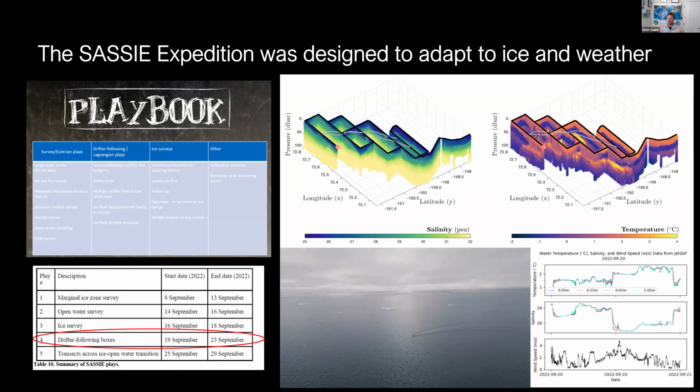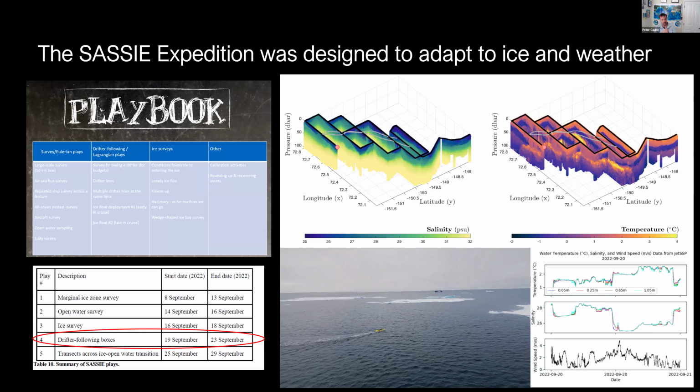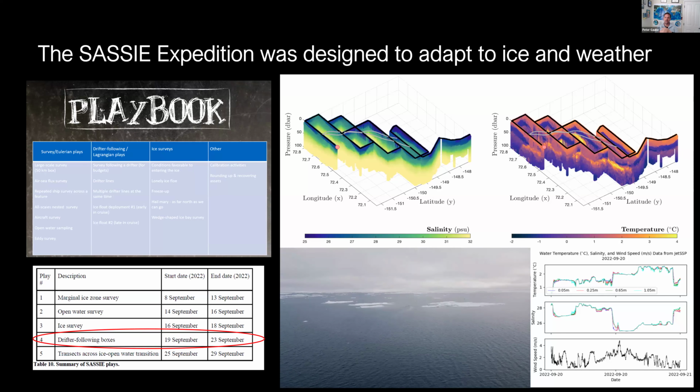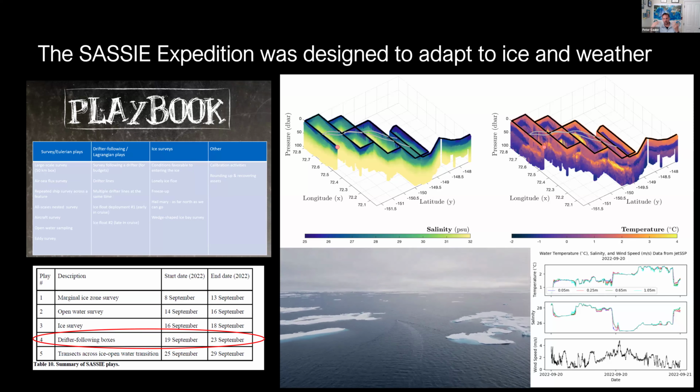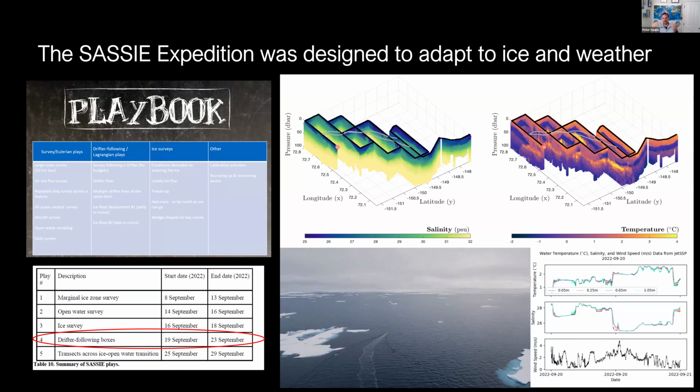We spent quite a bit of time before the expedition coming up with a series of surveys we would do from 1 to 2 days that would address specific parts of our hypothesis and help us get the measurements that we need to address certain questions. And then the playbook was organized so that we could go by what our conditions are. Okay, we have 2 days of really bad wind, so we have to head into the sea ice. What can we do in the sea ice? And so the goal there was to be able to maximize the time out there without having to waffle around on decisions, or to be able to have a playbook to go to quickly make adaptive decisions.